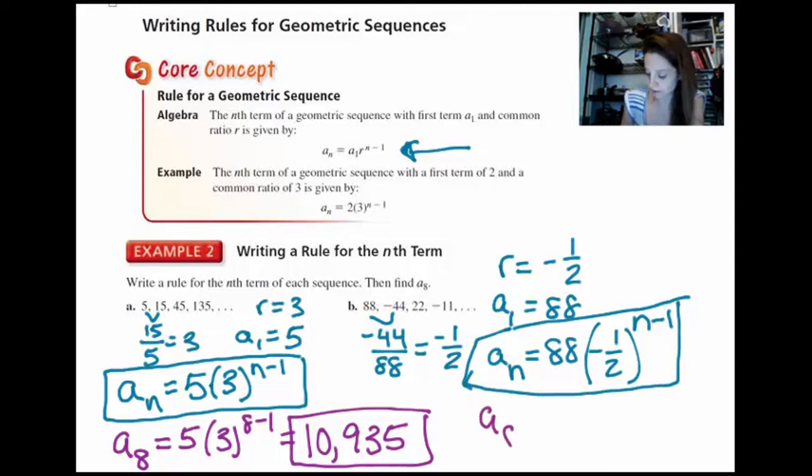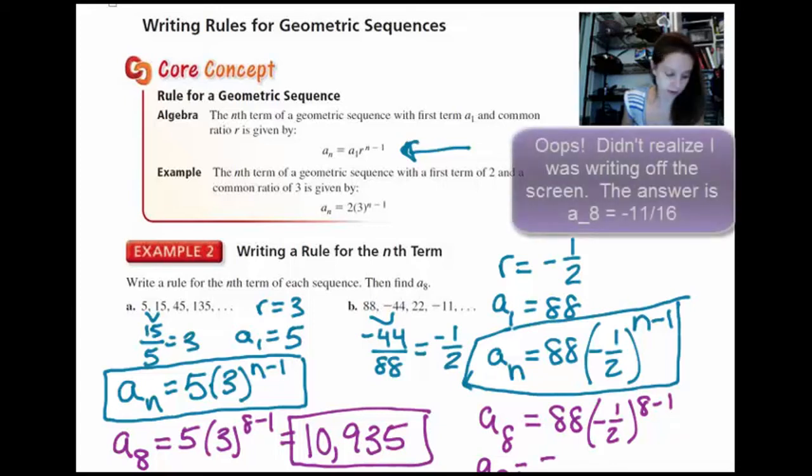To find the 8th term, I plug in 8 for n, so I have 88 times negative 1/2 to the 8 minus 1 power. I can put that in the calculator and I'll get that the 8th term is negative 11 over